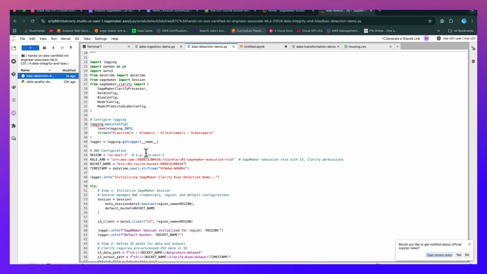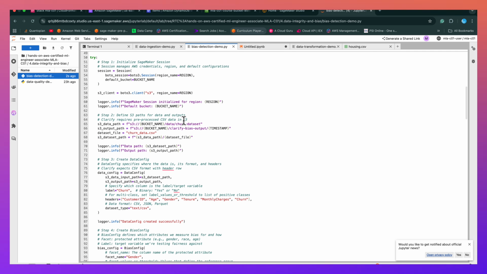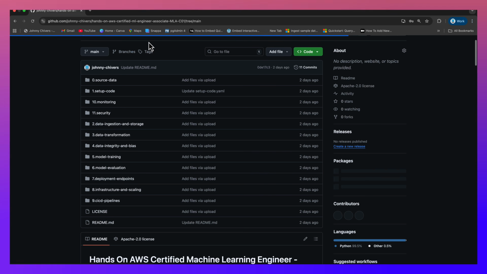So that's the updates we need to do to the script to make it run. A couple other things I think we probably should look at before we go in to it is that we are uploading the churn data set. So if I quickly go back out onto the README, we can have a little look at the churn data